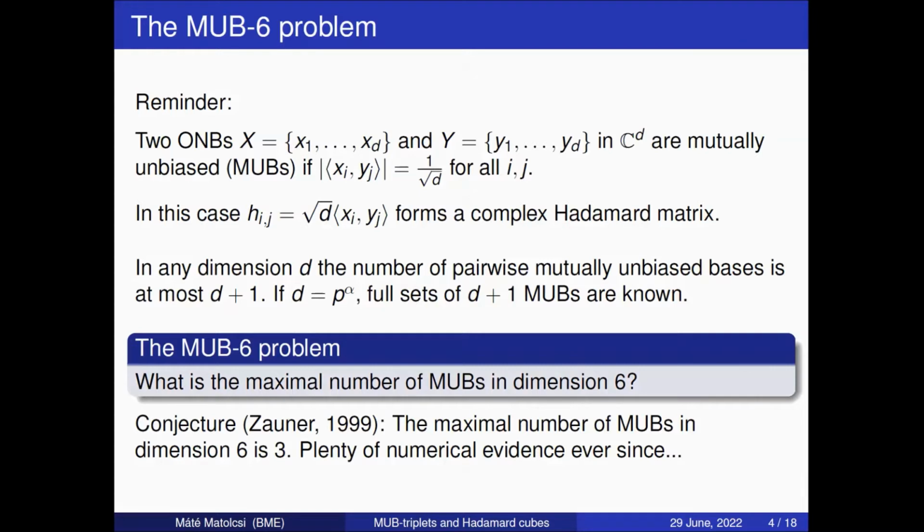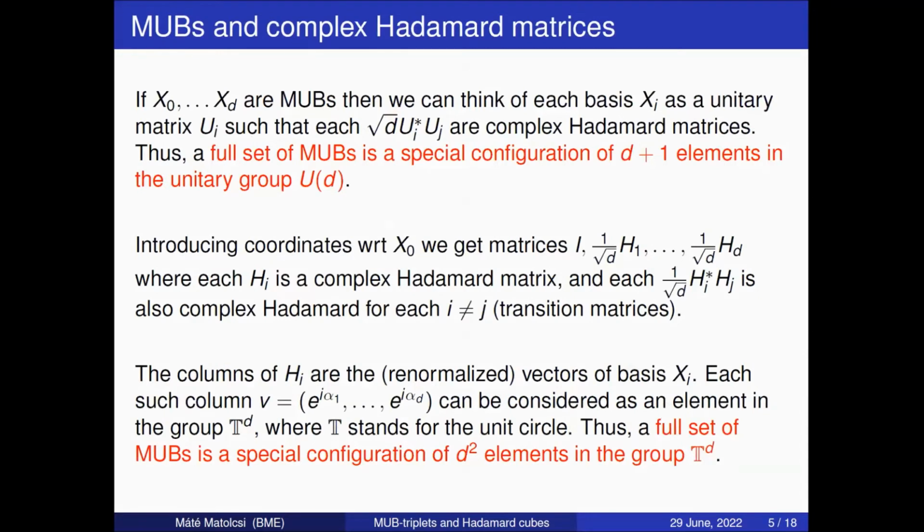And ever since there has been lots of numerical evidence supporting this conjecture. So I'm not so ambitious to prove that there are only 3, but let's at least try to prove that there aren't 7 mutually unbiased bases. So of course, what are the connections? We also heard this connection, but let me go through it. That once you have